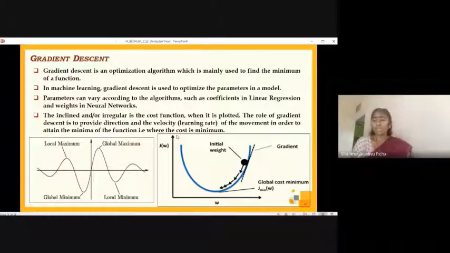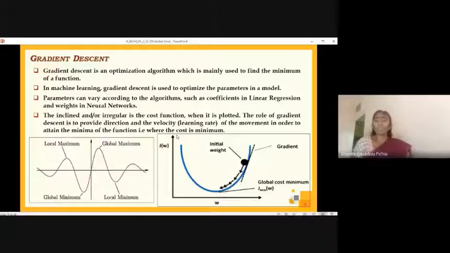Here as you look into this, this big dot is the initial weight. It starts coming down. The arrowhead shows that the gradient descends. Here you could see a tangent as we discussed in the previous slide. So there is a tangent. This is the gradient. This should be taken as a reference point as it descends down. So hope it is clear to you.